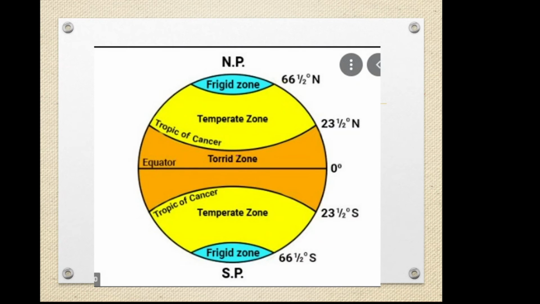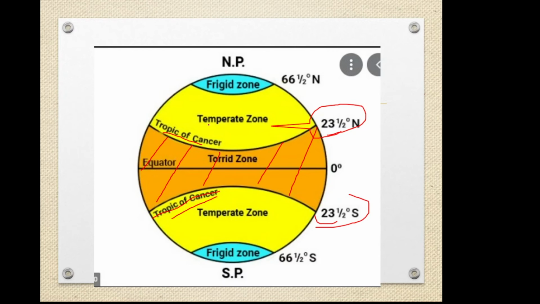From this diagram also you can see the important heat zones, isn't it? Which is the first heat zone we studied? Okay, this is called a torrid zone. How can you say the location? Torrid zone lies between Tropic of Cancer and Tropic of Capricorn. Okay, here it is Tropic of Capricorn. This one is wrong. It is Tropic of Capricorn. Otherwise, you have to write 23.5 degree north to 23.5 degree south.